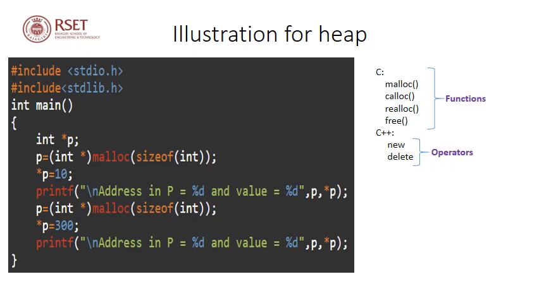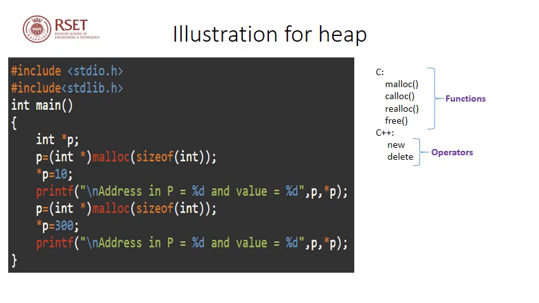Now here in the slide we'll see an illustration of heap memory allocation. So in C we know that to dynamically allocate memory from the heap we have to use the functions malloc, calloc or realloc, and in order to deallocate the memory we have to use the function free. Correspondingly in C++ we have to use the new operator for allocation and the delete operator for deallocation. So here in this program we have an integer pointer p. Using the function malloc we are allocating 4 bytes of memory. Size of int usually will be 4 bytes.